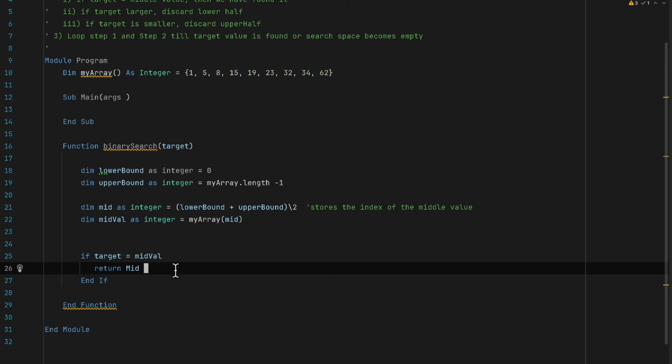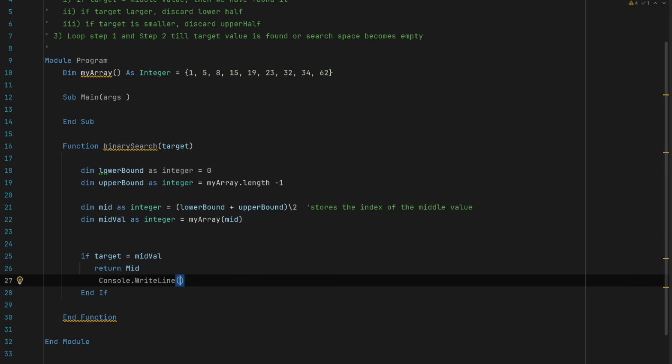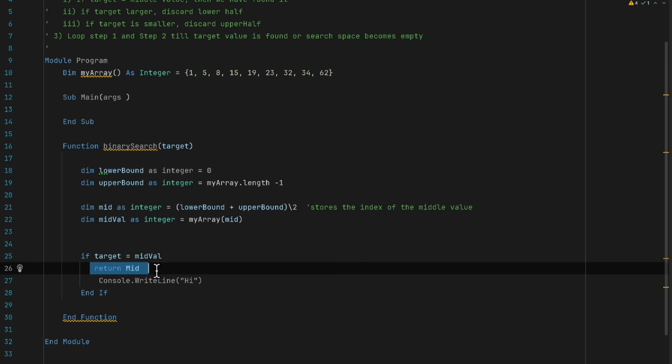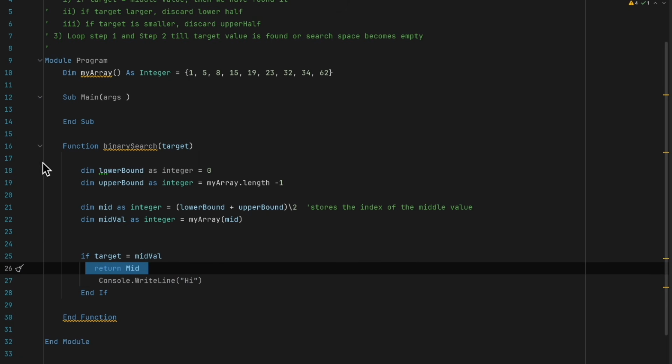So I hope you remember that returning anything in a function exits the function immediately. So let's say if I write any code after returning mid, Console.WriteLine("Hi"). Do you see the code is now colored gray? This is because my IDE is warning me that, okay, I have returned something here, therefore this code will not get executed. Because after returning, we're going to leave the function. So I hope that makes sense to you. Anyway,